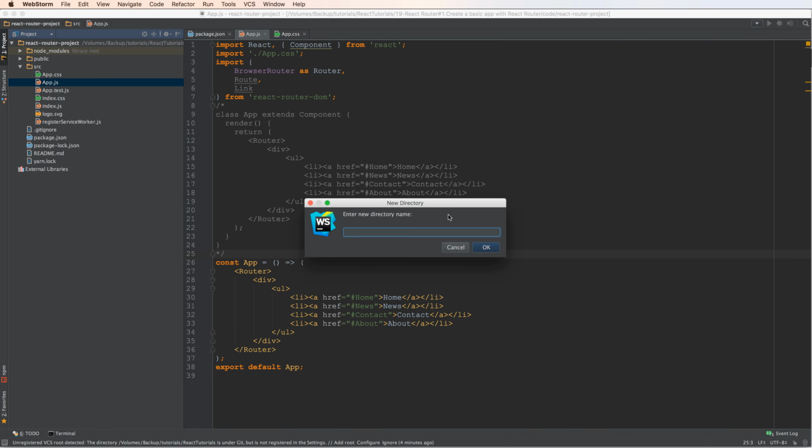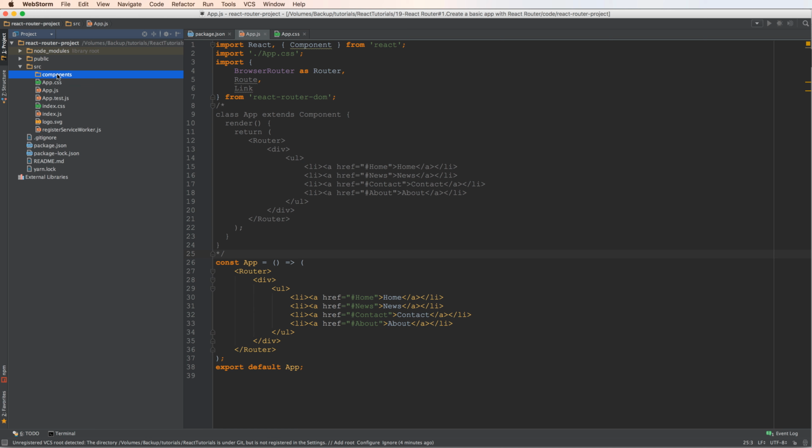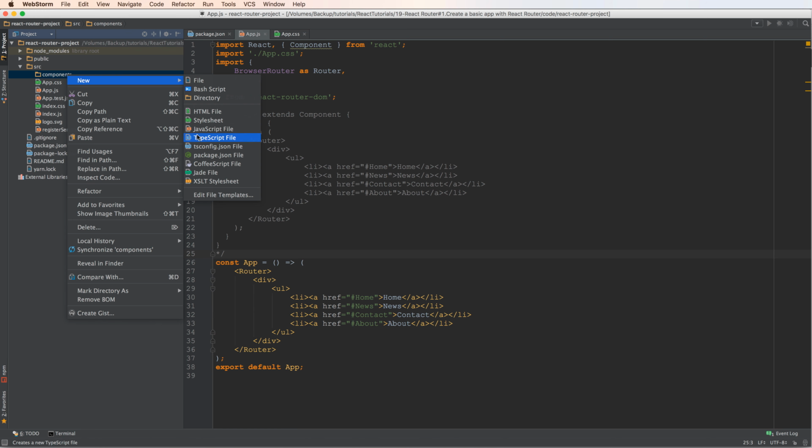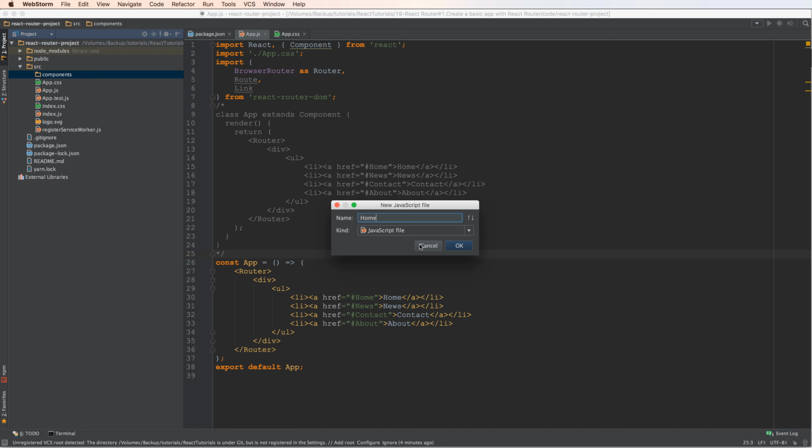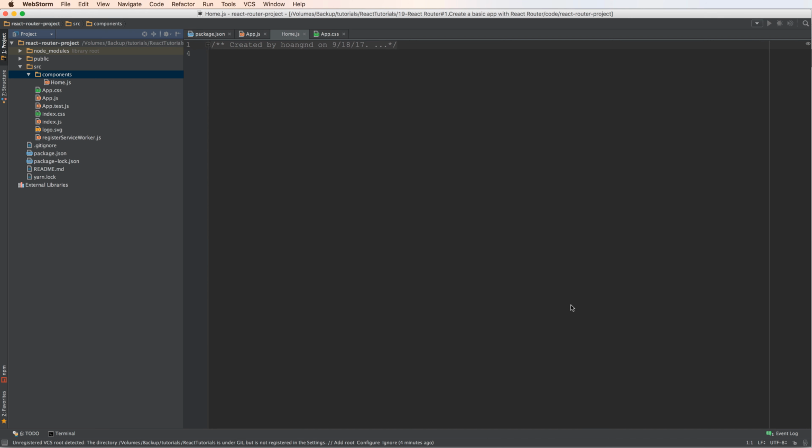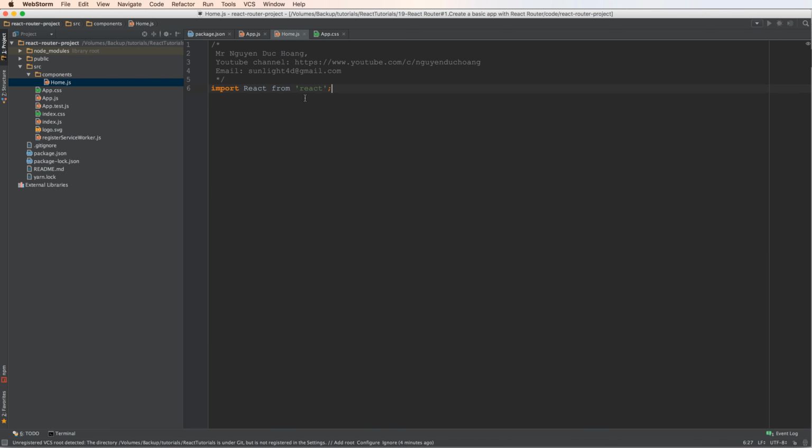And I create a new directory to contain the components. Inside this we will have multiple components of your app. Then right click on components and create a JavaScript file, Home, meaning the Home component. Inside this I import React from React. Remember to import this because it will recognize the arrow function as a component. So we have Home as a component,